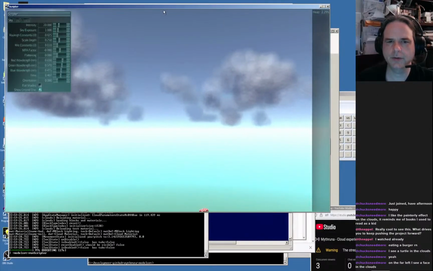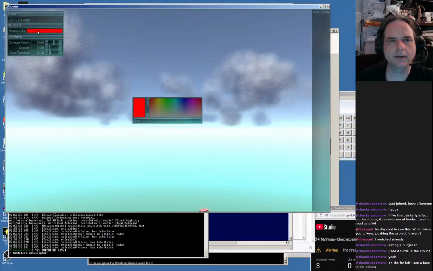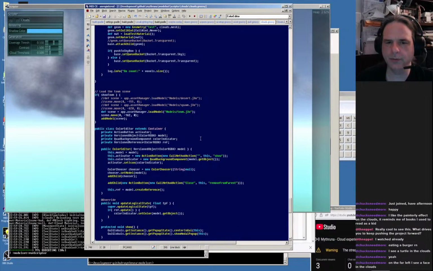Okay, turn towards the turtle. Go over here, clouds. Boink. Yay, so look, it's changing the button color. Close. Let me open it again. Change it. Okay, cool. Now we need to make it hook up to